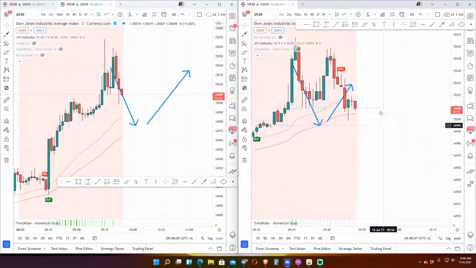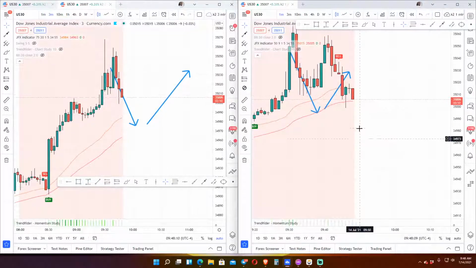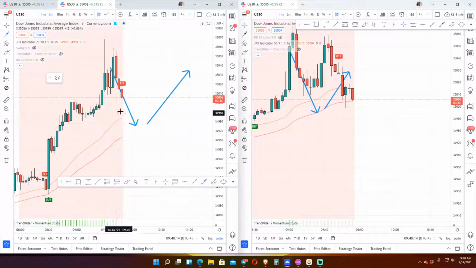What I think might happen on this 1 minute, it might pull back some more, because as you see here on this 3 minute, it looks like it's trying to go to this pivot. Yeah,